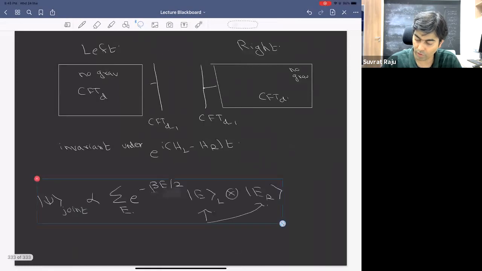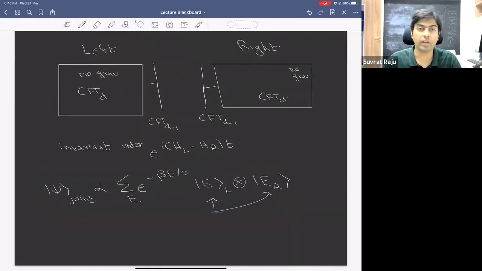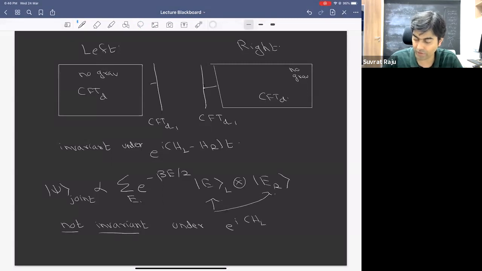And if you look at this state, you will see that this joint state is invariant under the action of e to the i(H_L minus H_R)t. And the reason it's invariant is, H_L gives you some phase and H_R gives you exactly the opposite phase because you have e to the minus beta E. And therefore, e to the i(H_L minus H_R)t leaves the entire state invariant. Okay. Nevertheless, you see that this is not invariant. So it's not invariant under the action of e to the i(H_L plus H_R)t,